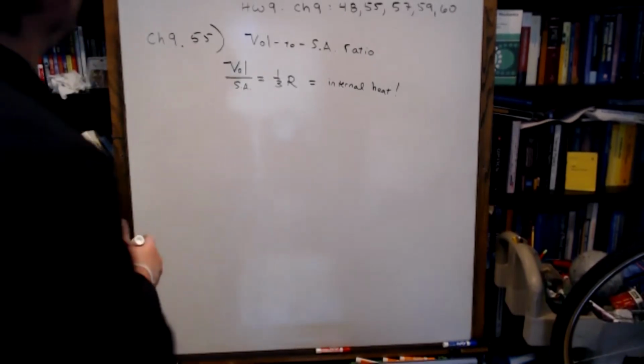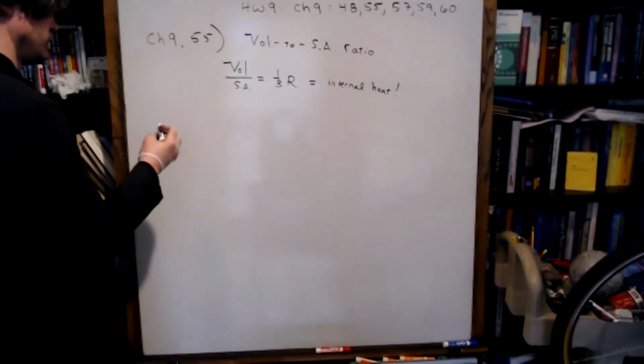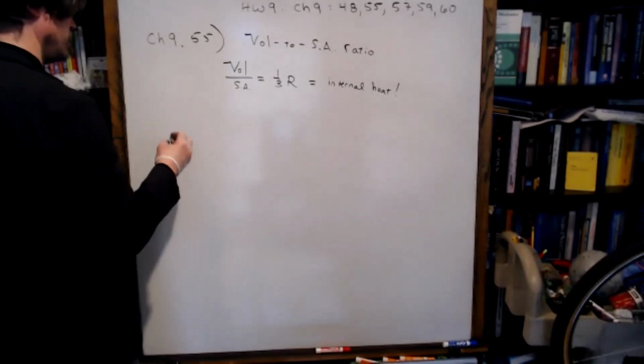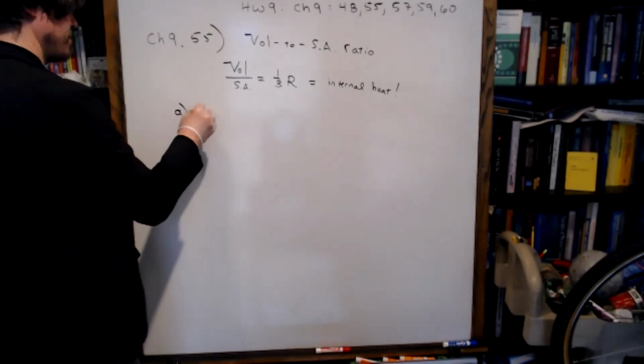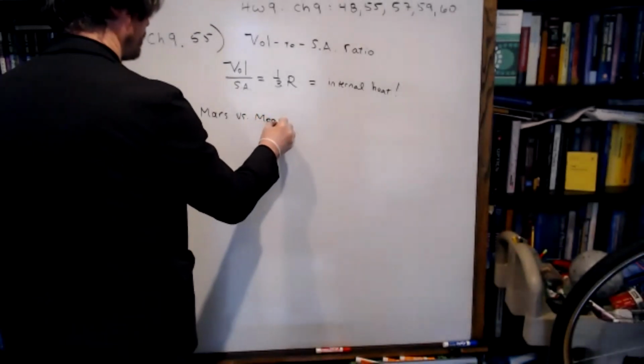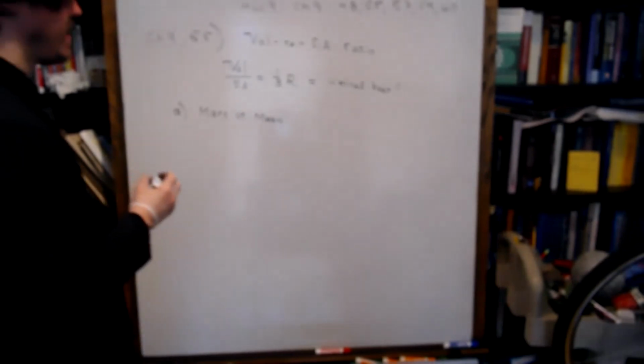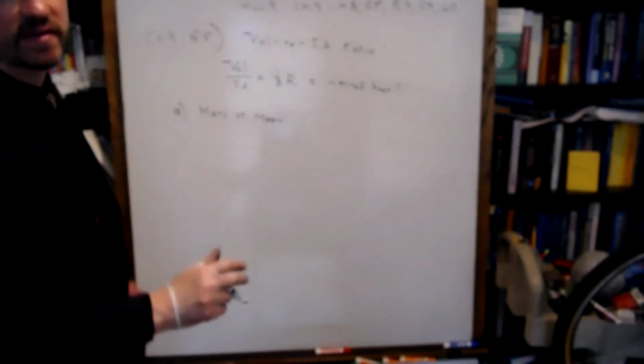Okay, Kayla, read it out for us. Compare the surface area to volume ratios of A, the Moon and Mars, and B, Earth and Venus. In each case, use your answer to discuss differences in the internal heat of the two worlds. This is super, super easy, okay? Come on, focus.